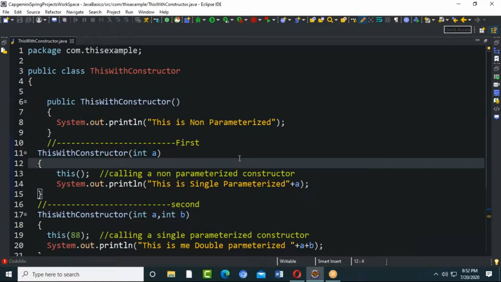So this is about this with the variable, this with the method, and this with the constructor. There are some other possibilities also; I'll discuss them at some other point of time. I hope you got them now. What is this with the variable, with the method and with the constructor? Yes, got it. Gayatri? Yeah, got it. Fine.